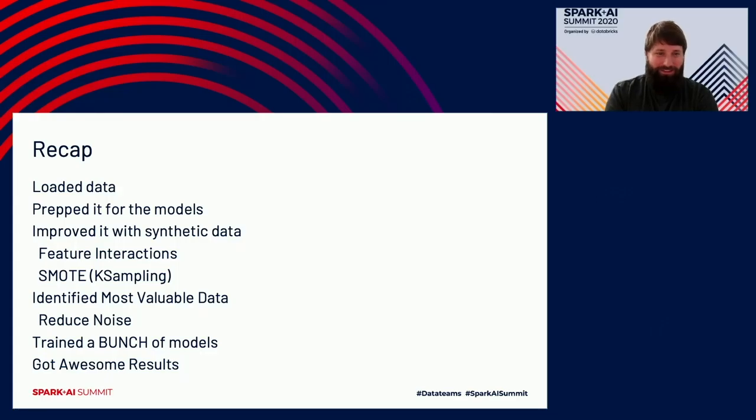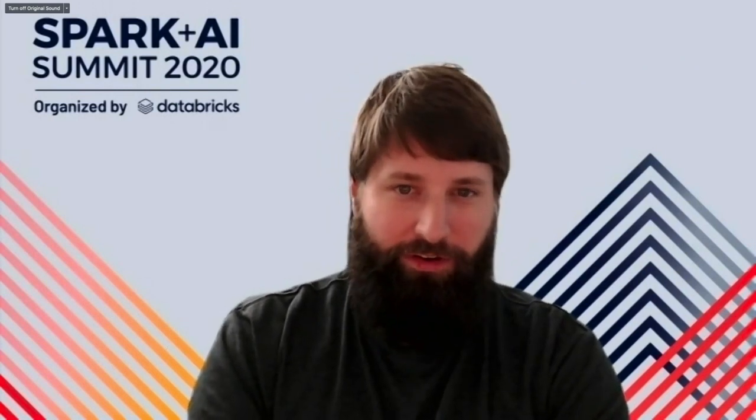We loaded the data, we prepped it for its models, then we improved the original data set through feature interactions and SMOTE. We identified the most valuable data and reduced the noise. Then we trained a whole bunch of models and we did get some awesome results. So thanks for that. And with that, I'm going to go ahead and turn it over to Ben to do